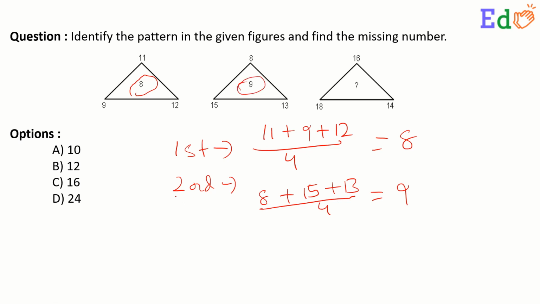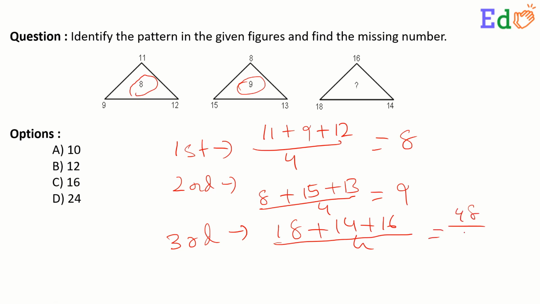So in the third triangle, same relation, the numbers 18 plus 14 plus 16 divided by 4, which is 48 by 4, which is 12. So the correct answer has to be 12, which is option